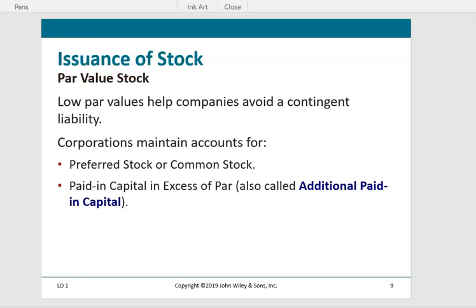Companies often have a very, very low par value of stock. Many companies have the par value as 1 cent or sometimes a fraction of a cent. Years ago, the par value actually had valid meaning. Today, there's really very little meaning to the term par value, but it does drive how we record our journal entries. The amount that the stockholder pays to receive their shares of par value stock above the stock's par value is called additional paid-in capital or paid-in capital in excess of par.